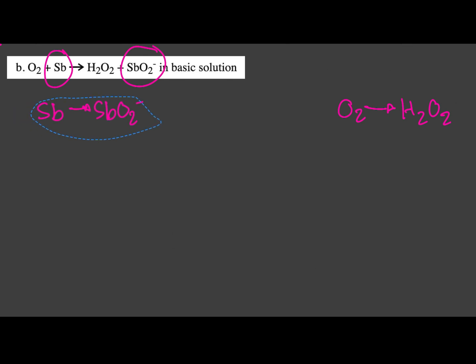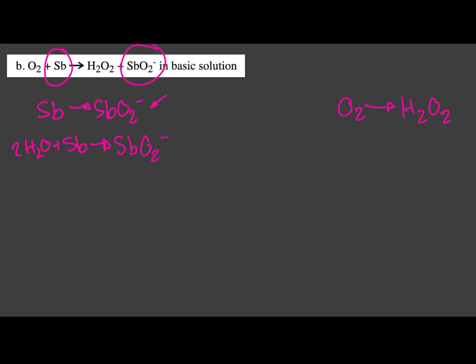In order to do that, we're going to add water molecules. We can see that there are two O's on this side, so we are going to add 2 H2O molecules on this side, so 2 H2O plus Sb goes to